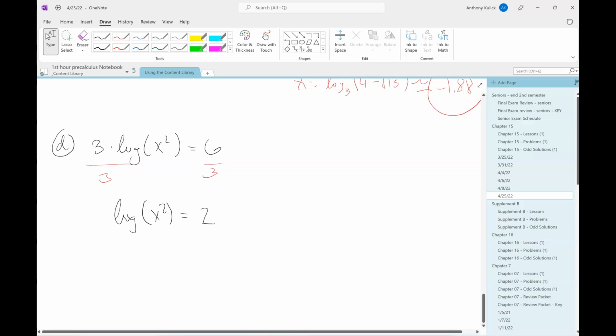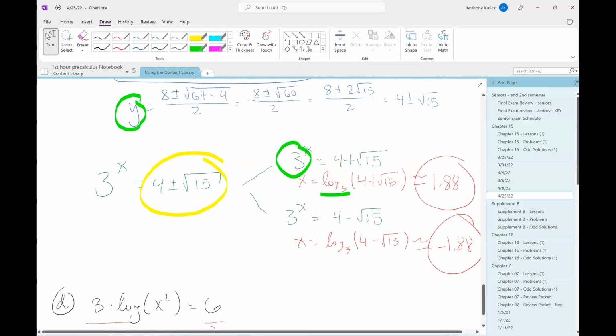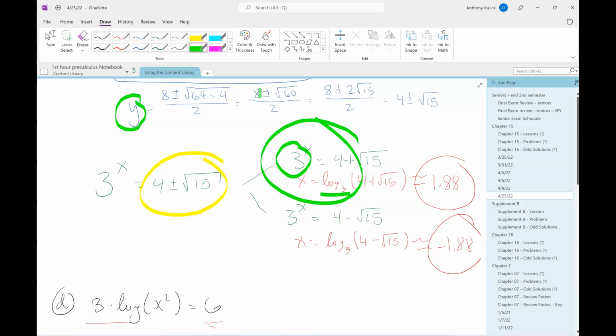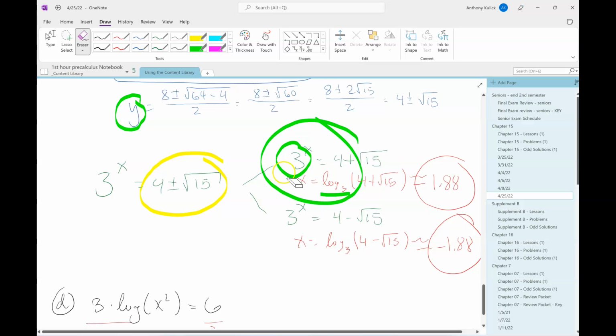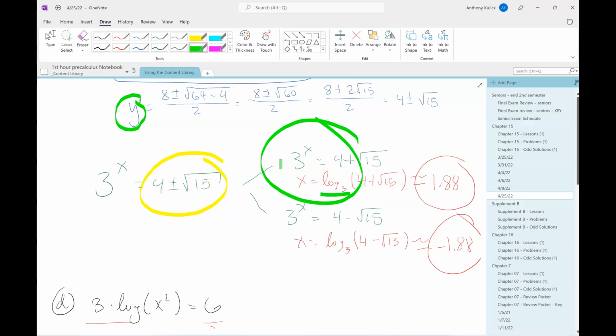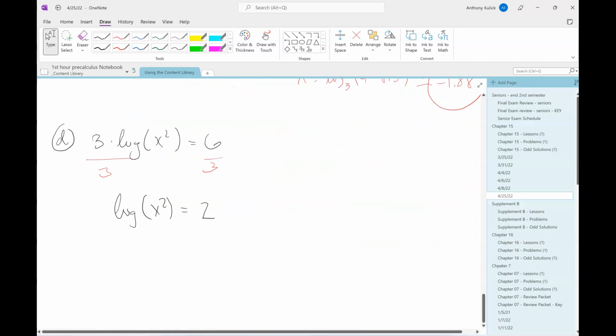When we picked our logarithm, how did we pick our logarithm? So we went back to this previous problem. Why did I pick log base 3? Right here. Why did I pick log base 3 there? 3 is an easy number. Because it goes into 15. It had nothing to do with the 15. So then that has to do with the 3x. Yeah, 3 to the x, because that was the base of my exponential. I wanted the base for my logarithm to match it. So down here, when I pick my exponential, I want it to match the base of my